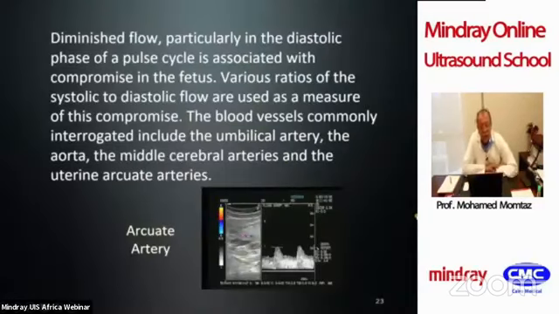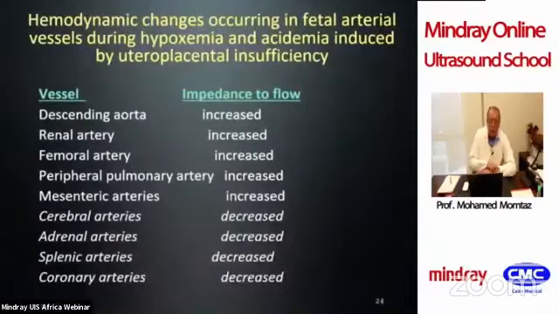Diminished flow, particularly in the diastolic phase of the pulse cycle, is associated with compromise in the fetus. Various vessels commonly interrogated will include the umbilical artery, aorta, middle cerebral artery, and the uterine arcuate or uterine arteries. Due to the redistribution of the cardiac output, you will find that there will be increased